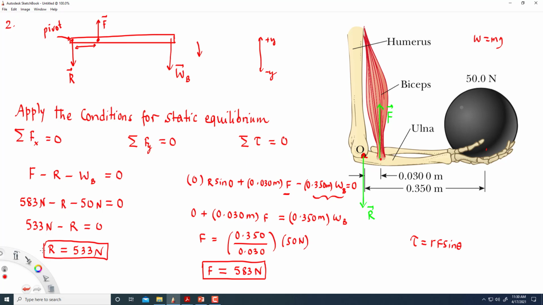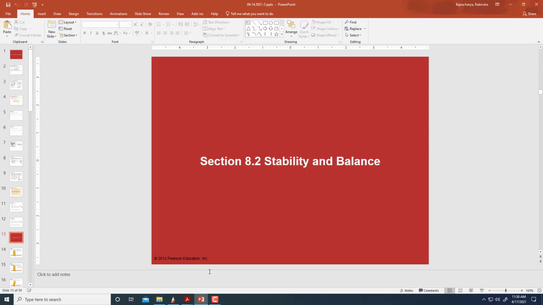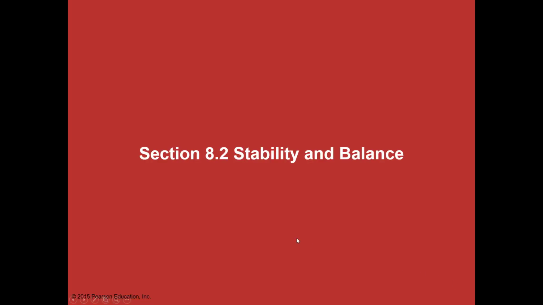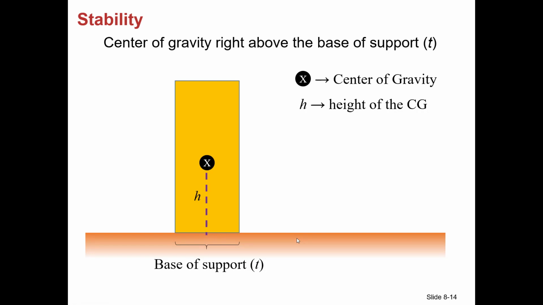Let's talk about what condition we need to satisfy for the stability of an object. So let's consider an object, this yellow rectangular object, which is